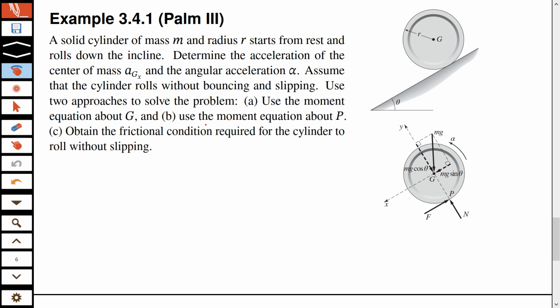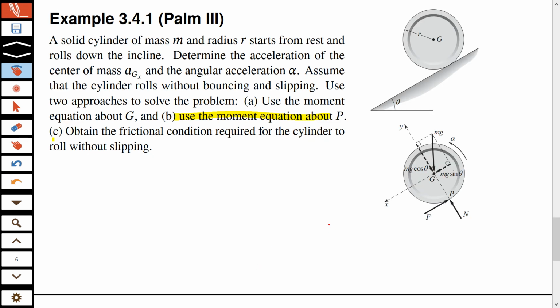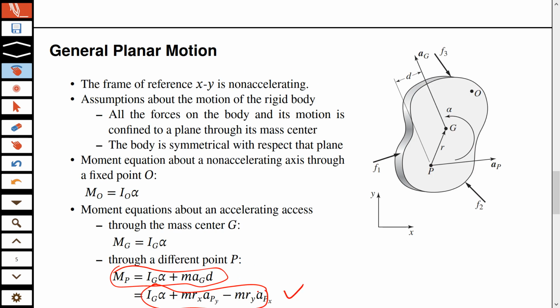Now part B is about trying the same thing by writing moment equation about P. अब P के around जब moment लिखते हैं तो you will have to use this equation. Remember this one, yeah this one, whichever is sensible. So हम most likely ये use करेंगे, ये वाला, क्योंकि हमें पता है कि